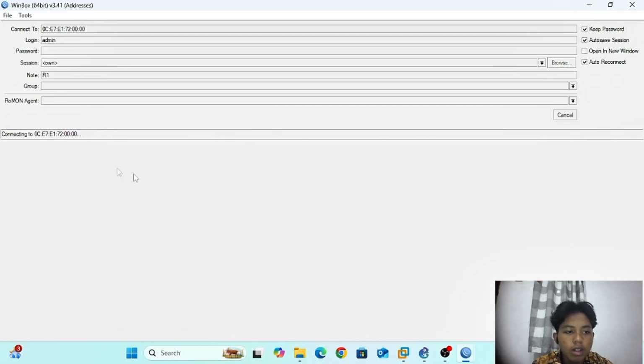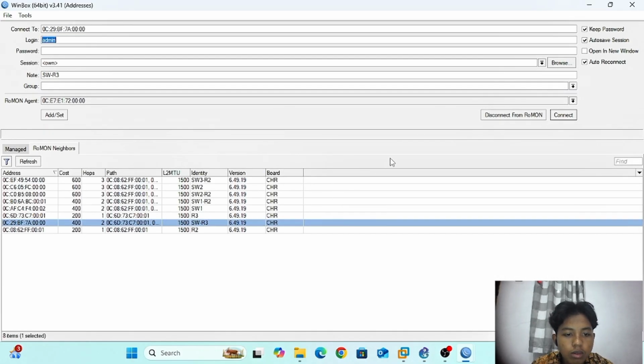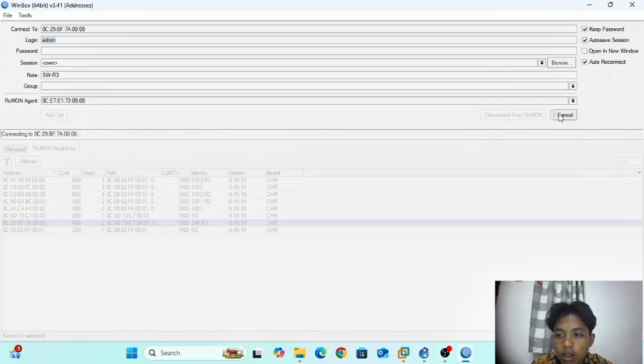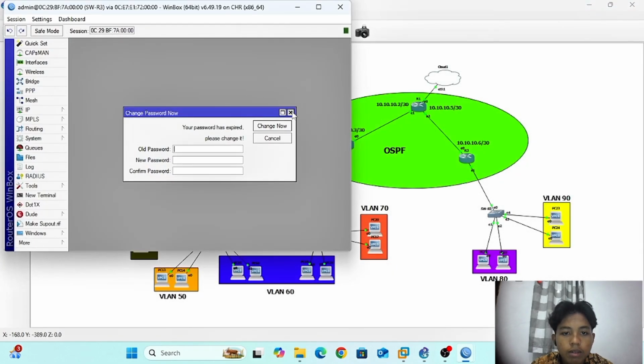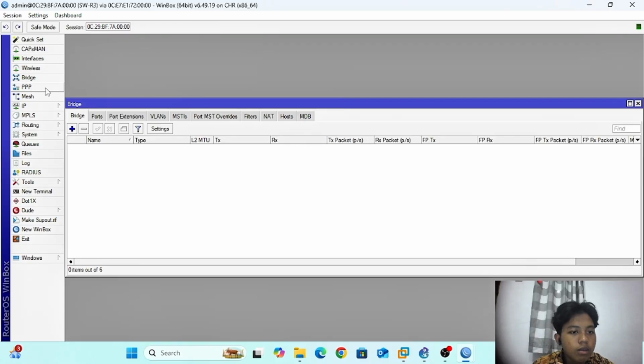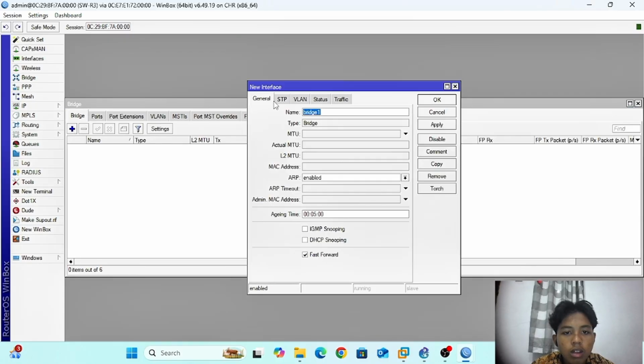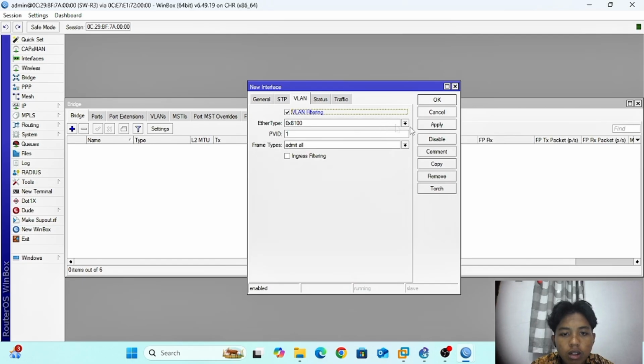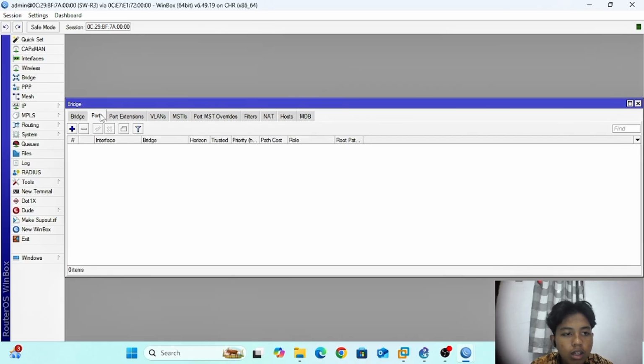Connect with Winbox and choose Switch Router 3, connect. First, Bridge 1 and enable VLAN filtering. Apply, okay.